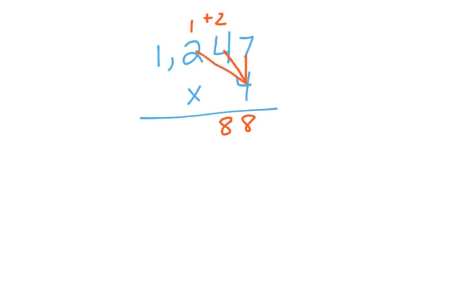4 times 2 is 8, plus 1 is 9. And 4 times 1 is 4. I don't have to add anything because I didn't bring anything over from the last time. So I got 4,988. Now, one thing to think about that's a little bit different than partial products is that this time you're